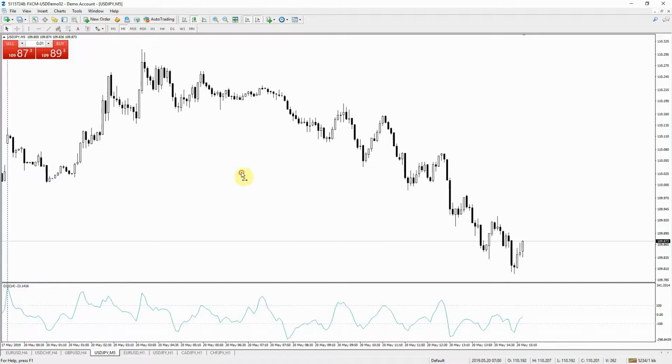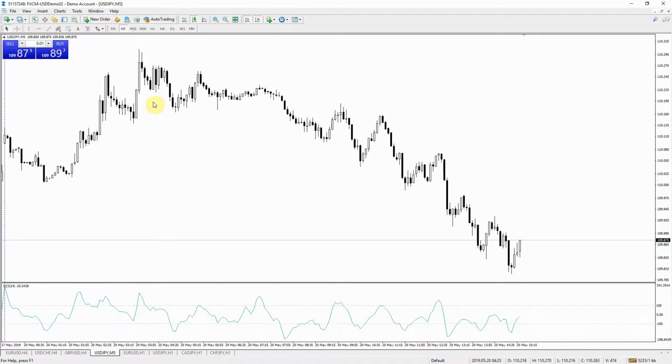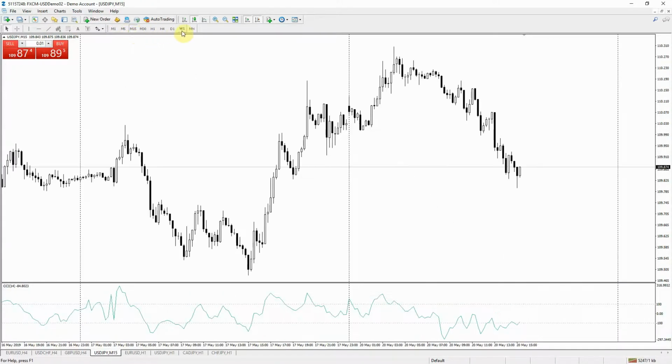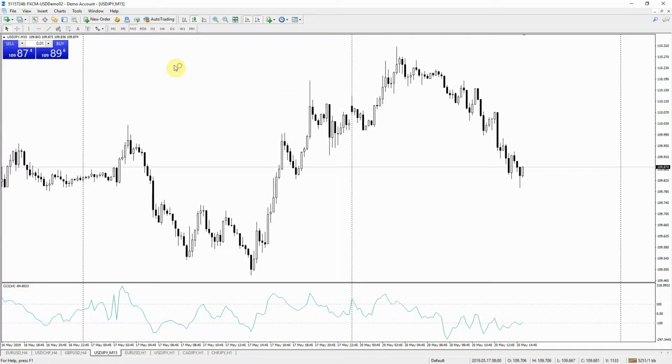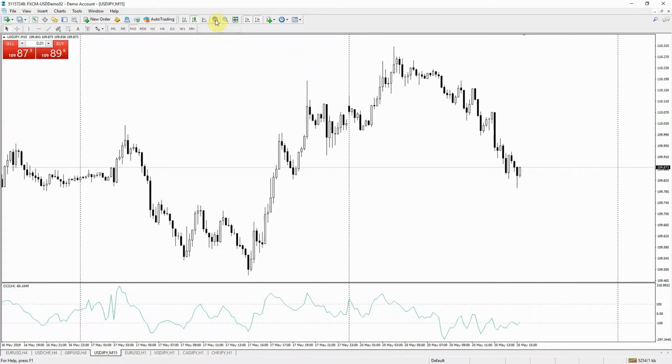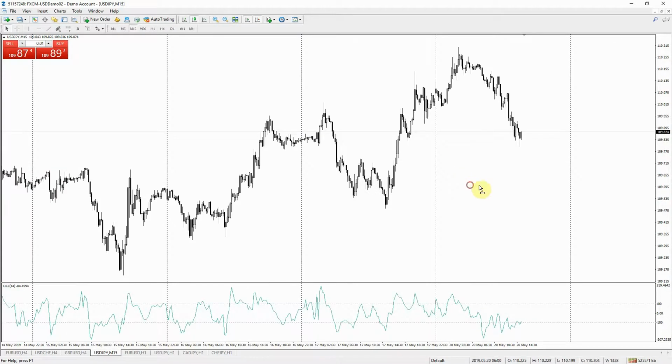Okay, so the next step is looking at time frames. So here are all the time frames, starting from the 1, the 5, 15, and so on. We have all our time frames here. It's also this tab here. Zooming in and out, we already spoke about, so you can zoom in and out if you're looking to